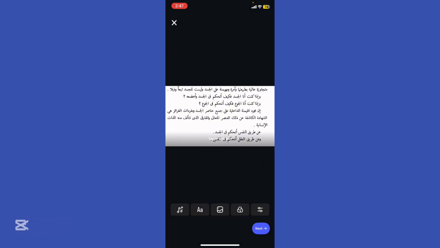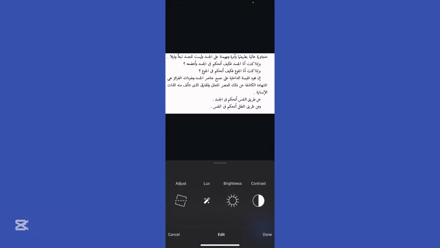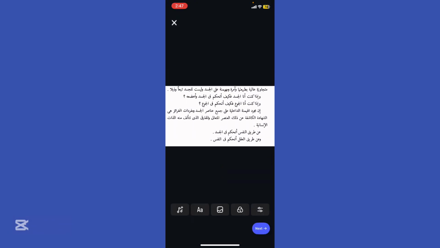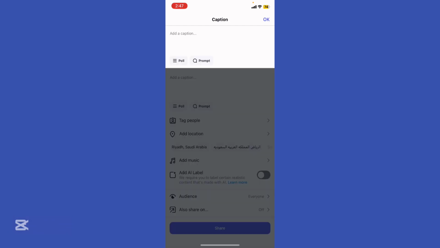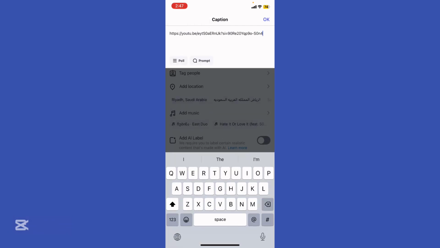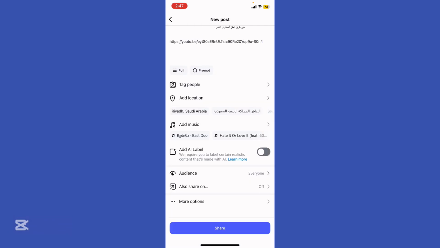and you can add music, edit it. If you want to add like filters or whatever, hit next, and you can add the link right here, right? But if you are using the Instagram app, you won't be able to actually access the link. You have to go through your browser or through your Instagram web, and then just go to the same post